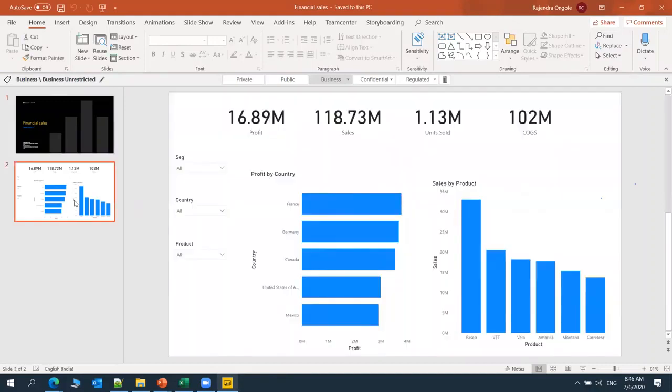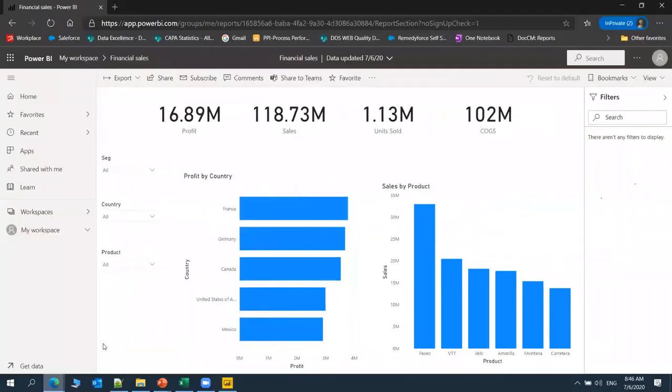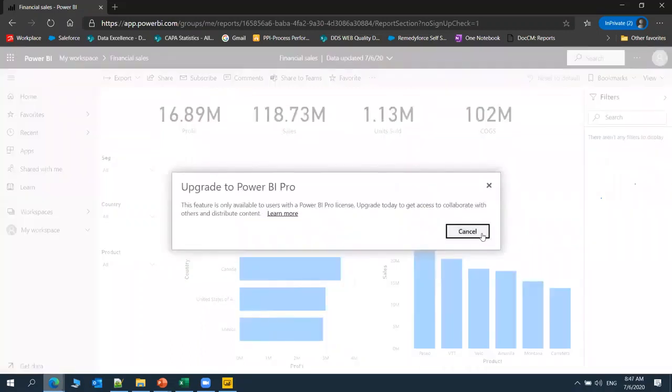Like this, we can share the reports. As per the customer, if they want it in PPT format, we can share the report. And if the customer wants to navigate the visuals, we can share it from here by sharing this report. And if you want to give the subscription, we can give the subscription also to the end users.